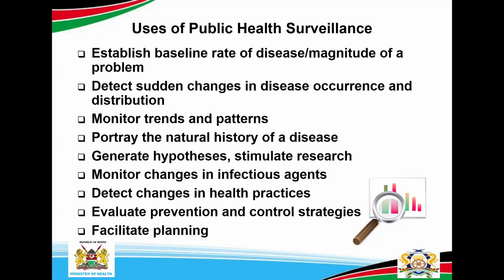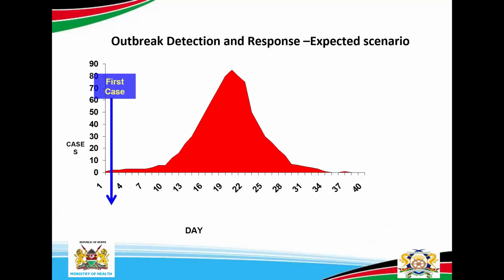So before we get to December, as a county or as a particular division or a particular department, you come up with planning on how to counterattack or how to prevent outbreak of diseases during that particular period before it reaches. So you allocate resources ready to respond or prevent. So that's an example of outbreak detection response, which is expected.